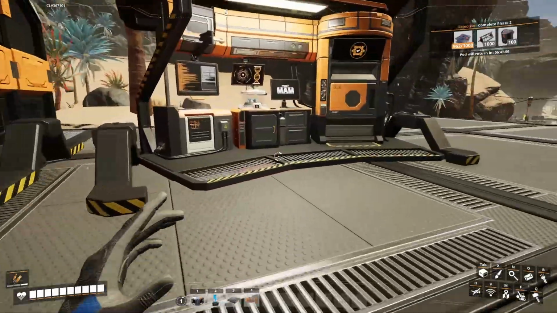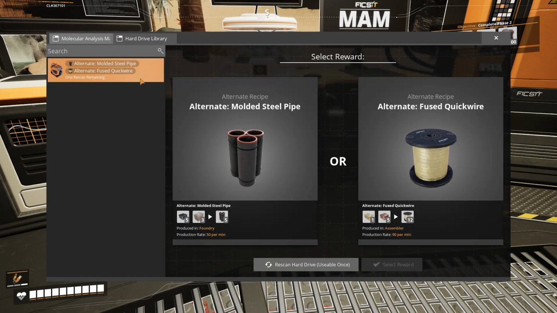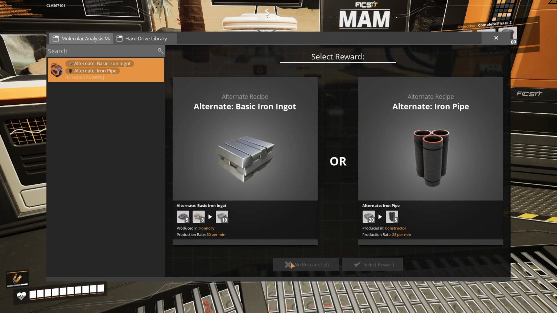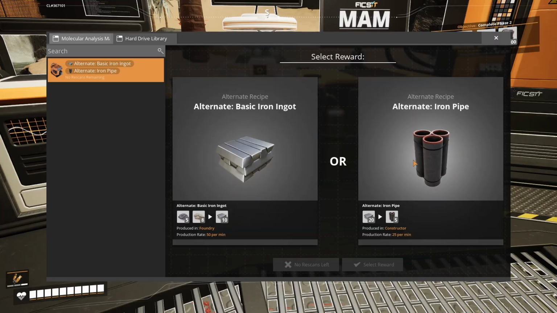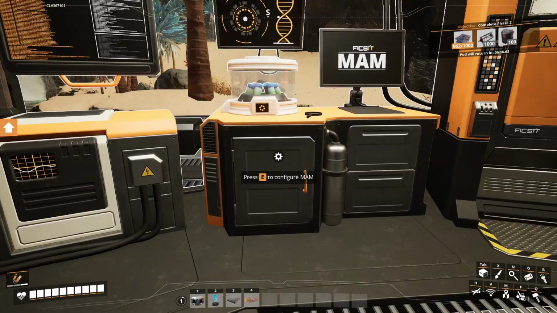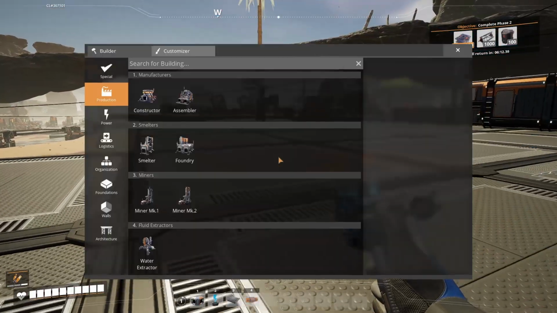But before I do that, I also went into the MAM. I did one more hard drive since we had it, and I know where some more are very close by. So molded steel pipe is actually pretty good, but I want to risk it for something better. We didn't get anything better. Iron pipe's actually really good because that takes out the need for steel. Oh, that's actually really good. The reason I say that's really good is because I'm pretty sure in here,